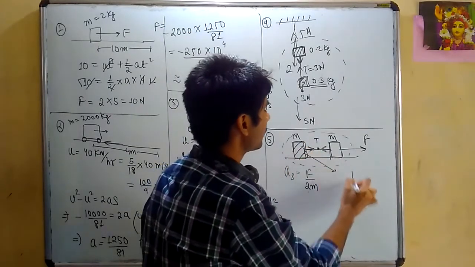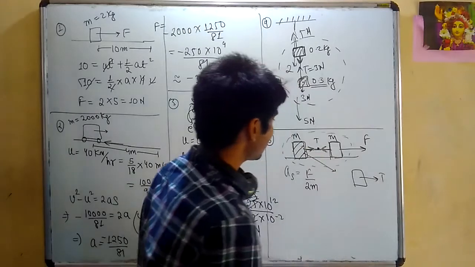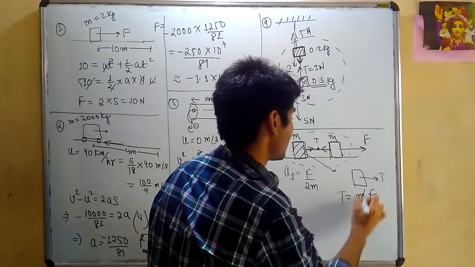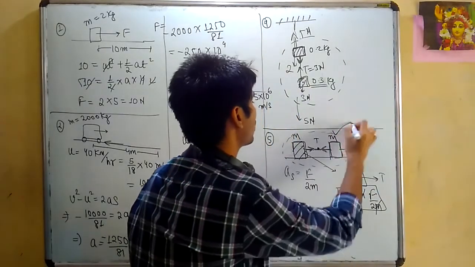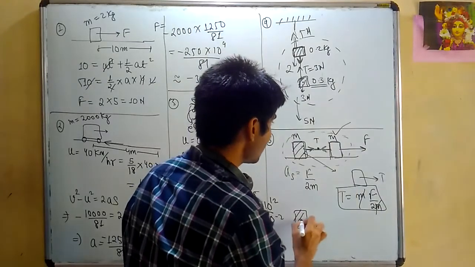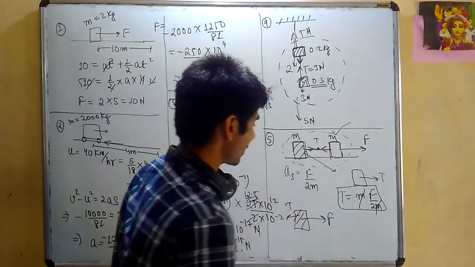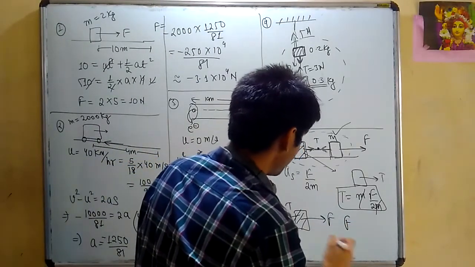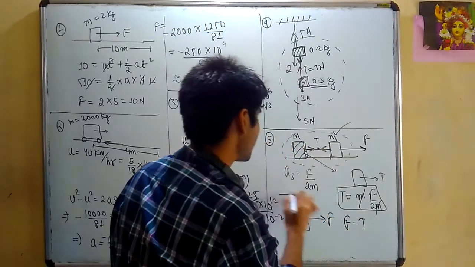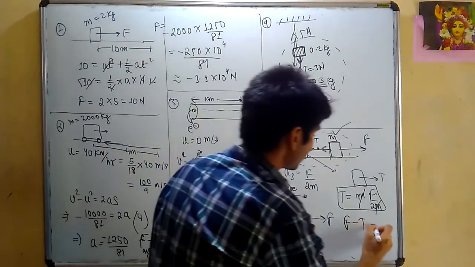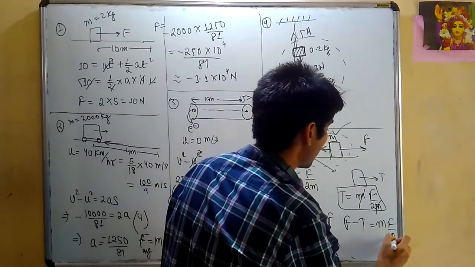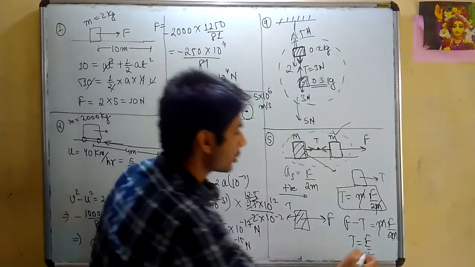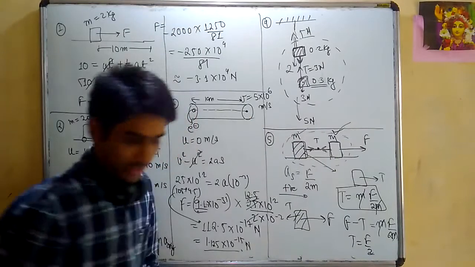Now, if I draw the FBD of this block, tension is acting in this direction and this is the only horizontal force. So I directly write tension equals mass into acceleration, and I've directly got the answer: tension is F by 2. You can draw the FBD of the other block also to get the answer. There you have force in this direction and tension in the opposite direction. This direction is to be considered positive, so F minus T equals mass into acceleration, that is F by 2m. Tension again comes out to be F by 2. So the tension will not change whichever block you choose for drawing the free body diagram.